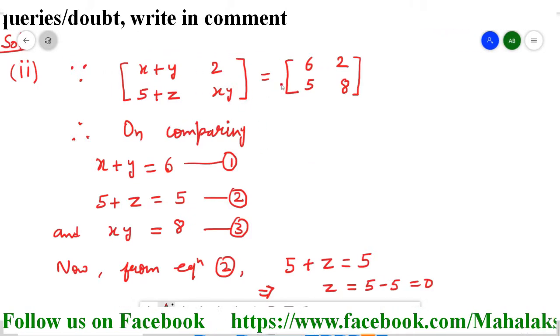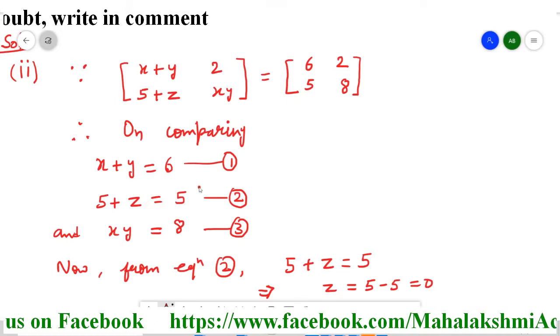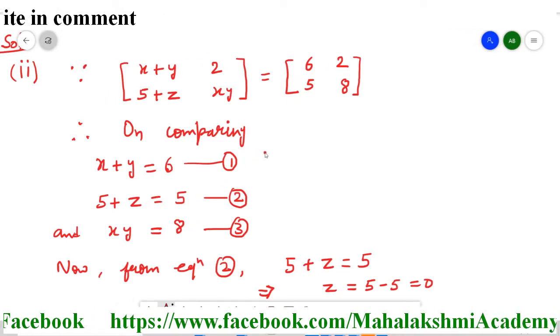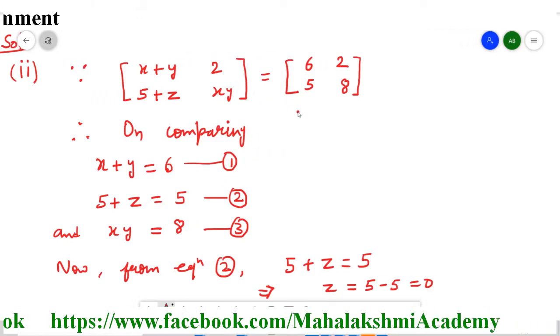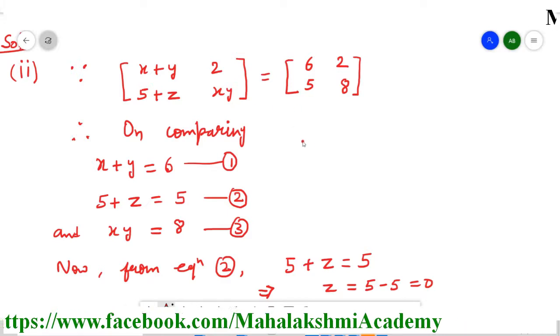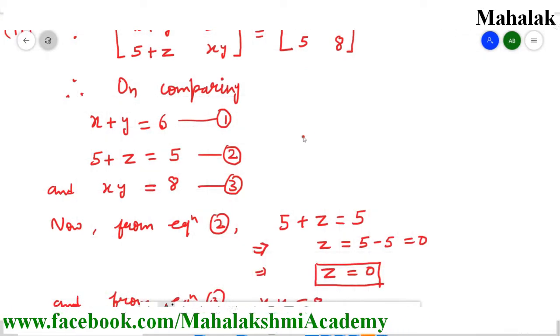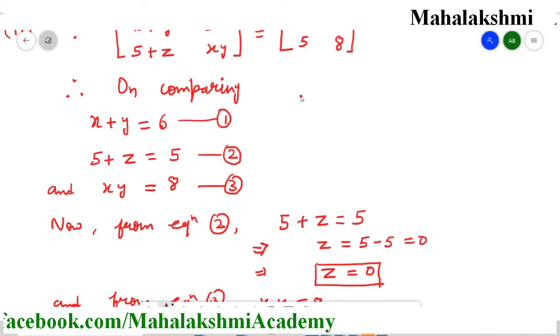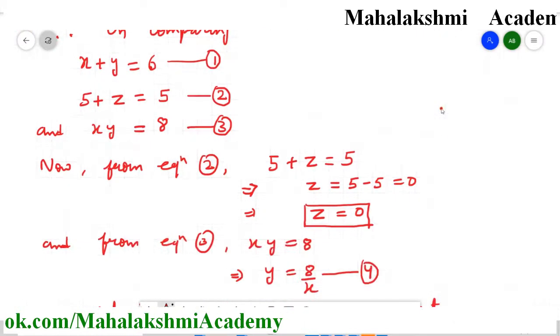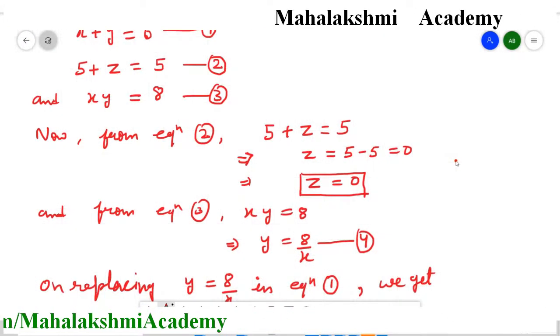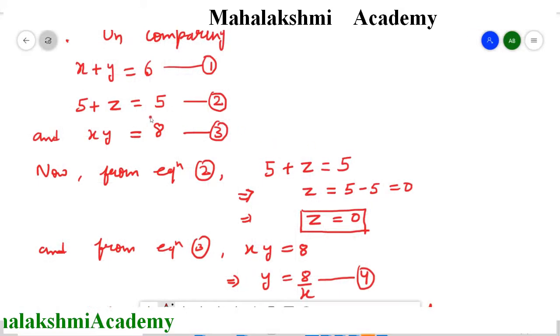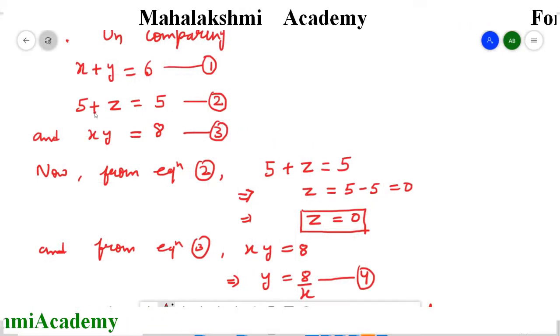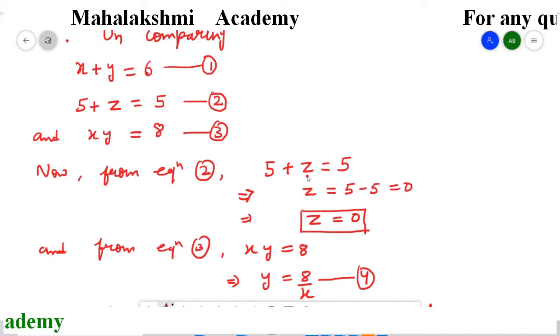So this is the matrix form of the equations and these are the simple equations. So the conclusion is that equations can be represented in the form of matrices like this. Now with the help of these equations we have to calculate the values of x, y and z. So students, first we will start from the second equation. I wrote the second equation here.